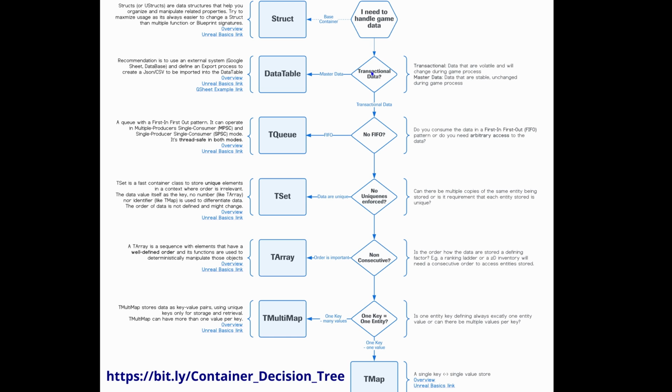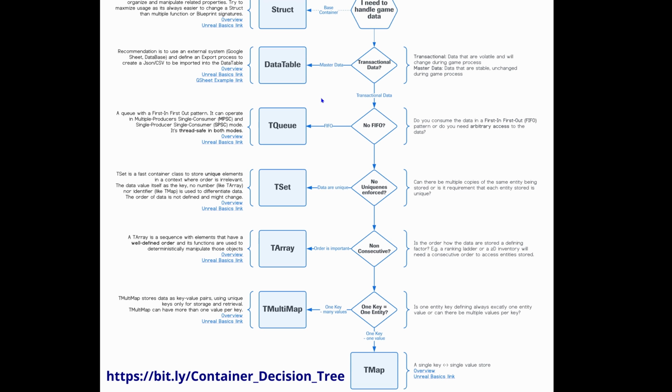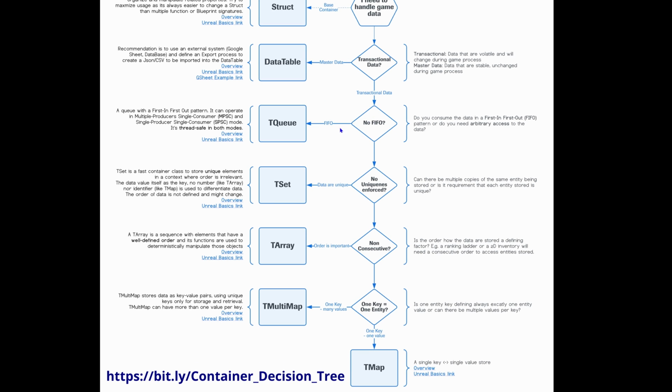Then if the data are transactional, so if they are moving, being changed, then I go down the tree, otherwise I stay with the data table. Here are all data that will not change easily, small data, otherwise use a database. If there's a first in, first out need, so a queue, I obviously go to a queue. There are also some variants like circular queue with a fixed size, but queue is very handy if you have that